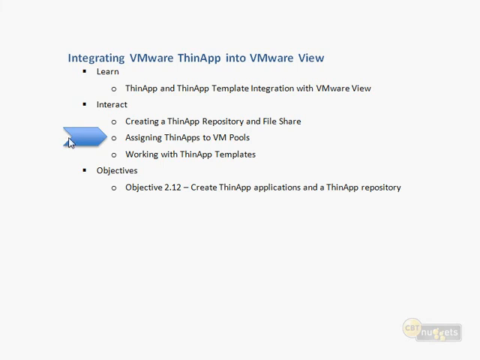Anyway, what have we talked about in this nugget? We have talked about integrating VMware ThinApp into VMware View, and we started by talking about how I create this metadata: the ThinApp objects and the ThinApp template objects inside of VMware View. And really, what is VMware View doing when I'm actually creating those objects? We spent some time talking about ThinApp repositories and file shares. We assigned that 7-zip ThinApp to the VM pool. We created a ThinApp template and showed you how a template is essentially a container for ThinApps. And then we took a look at our virtual machine and how when we assign that ThinApp, all of a sudden it just magically appears so that we can make use of that ThinApp as part of our user